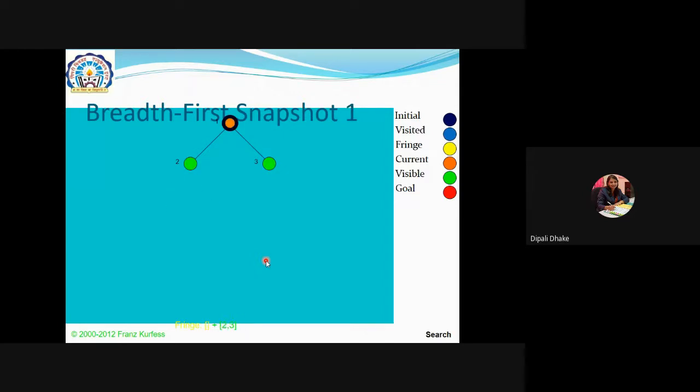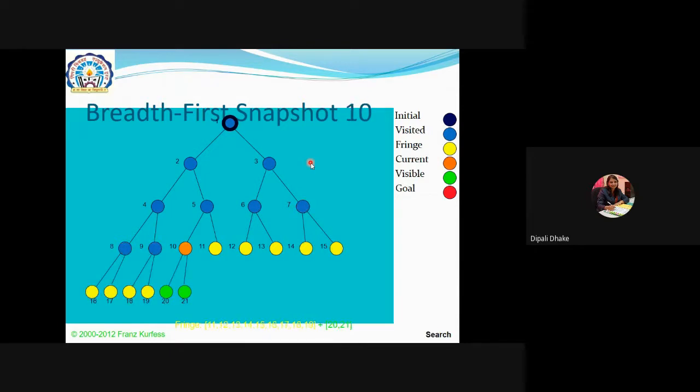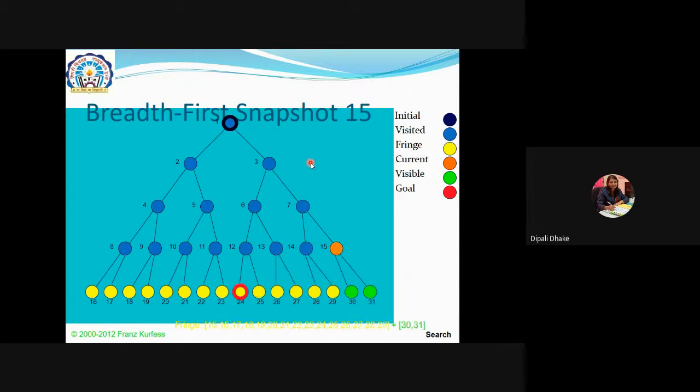See, now this is the one. The orange node is your root node. Two, second. Three, expand. It's an expansion. Shallowest path expansion. I used the same words at the starting of the BFS. Shallowest path expansion. One, two, three, four, five. Now four is expanded. Now five is expanded. Six is expanded. Seven is expanded. Now eight is expanded. Nine is expanded. Now 10 is expanded. 11, 12, 13, 14, 15.